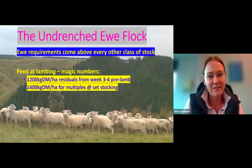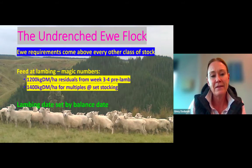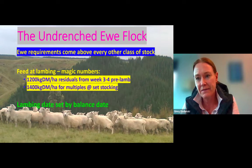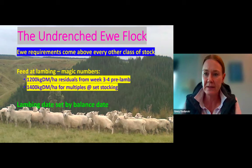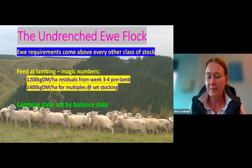So some magic numbers, feed at lambing. I've already talked about that. And I think more and more, picking a lambing date that fits your pasture balance state, i.e. when that demand from your stock is about in balance with what the pasture growth will be doing, is really